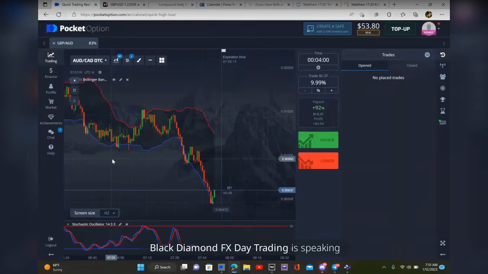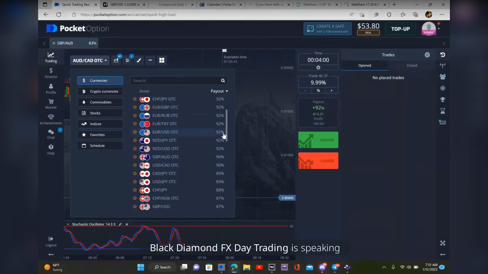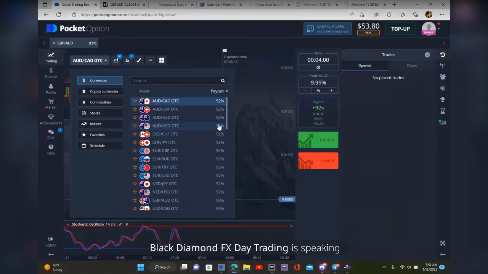I've been trying to trade against a broker-manipulated market, wondering why my strategy is fizzling out all the time. I'm like, man, what on earth? But you know what? The brokers do this on purpose. They know a lot of people want to make money, so they control it. But look at the payout. They pay out 92%. But what you don't know is that it's going to be hard to consistently hit that 92% because they control it.